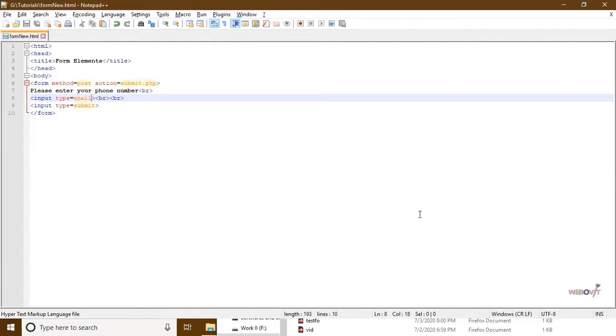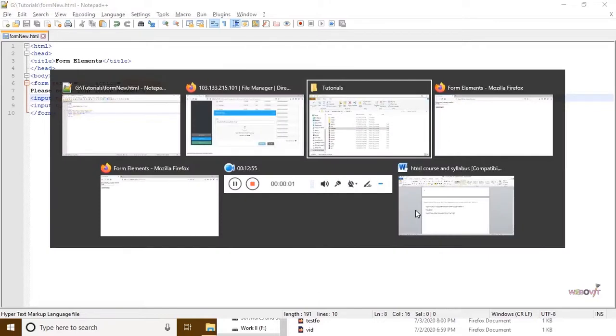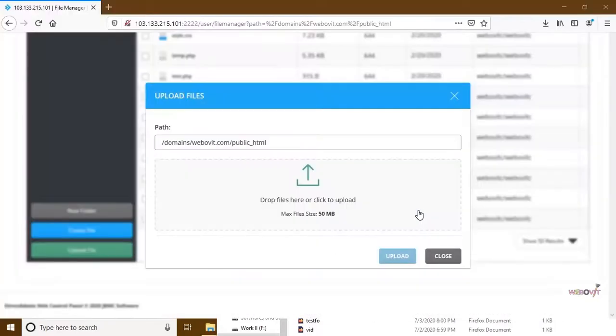Okay, moving ahead. Another one is URL. Input type URL. Suppose you want your user to submit their website's URL here, so in that case you will mention URL. We will upload the file again.